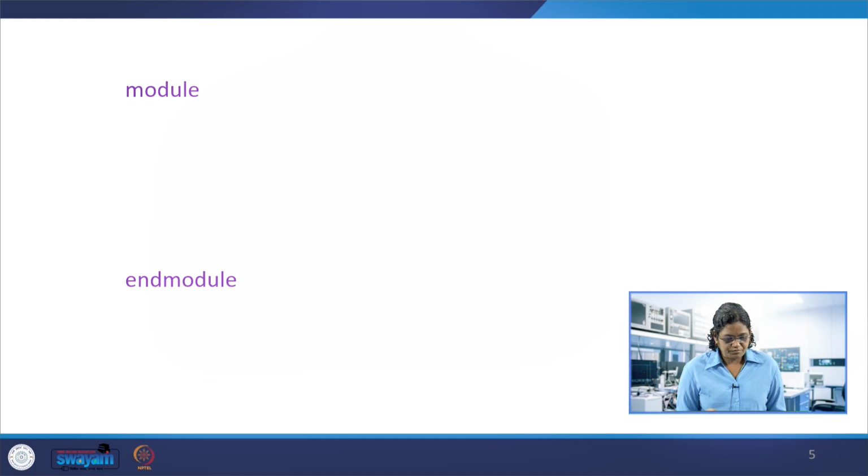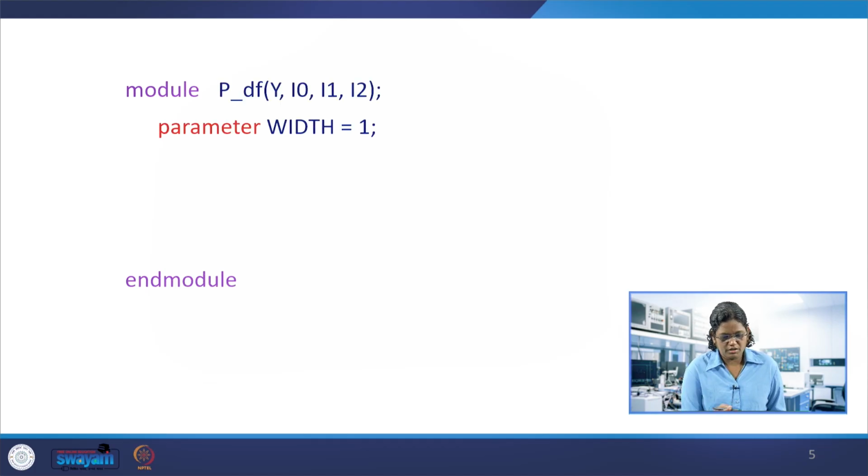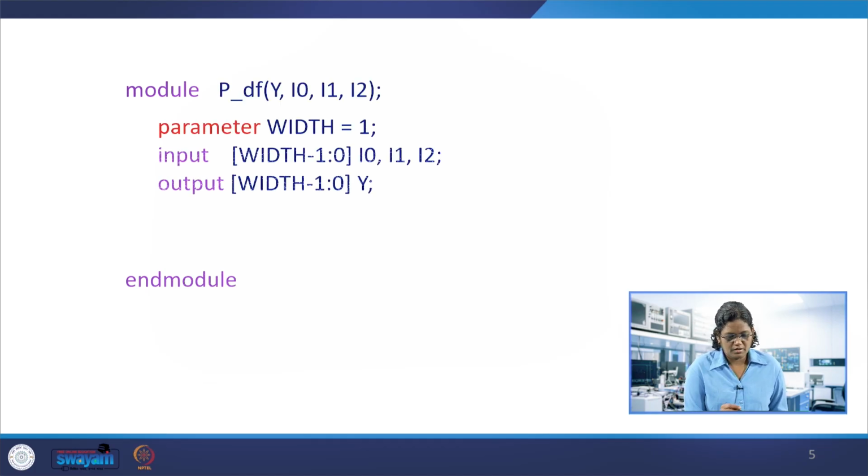You can also see an example using the parameter, that is a dataflow model, where the model name is PD_df. Y is the output here, a single bit, and I0, I1, I2 are inputs.